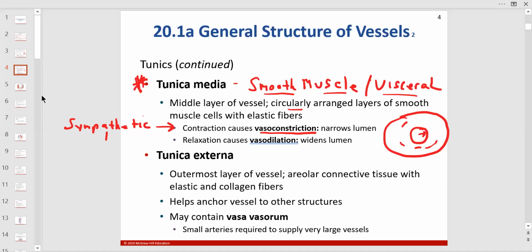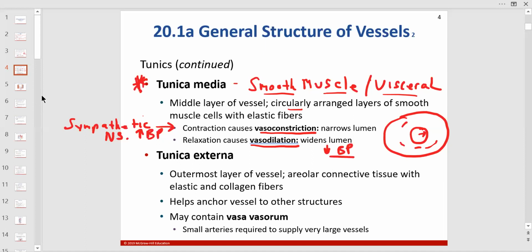Fight or flight, increase blood pressure. So contraction is going to increase blood pressure by increasing peripheral vascular resistance. So this happens in veins too. It does happen at the same time. So you should know that too. And if they relax, if you have sympathetic inhibition, then they're going to widen. And that's going to decrease blood pressure